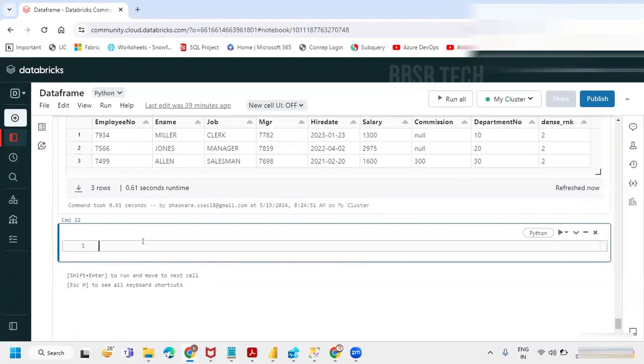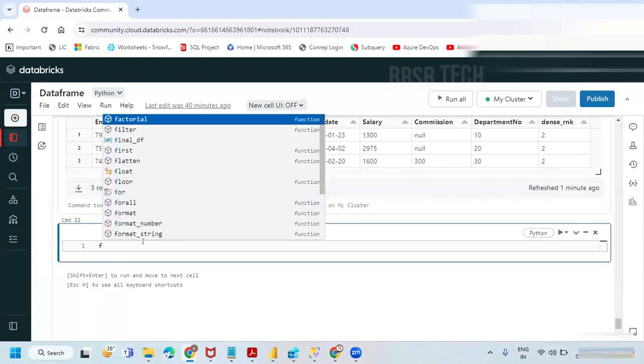Apart from the data frame reader, you can use a data frame writer. Just give me a minute. Final df dot